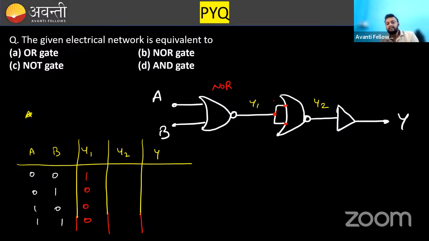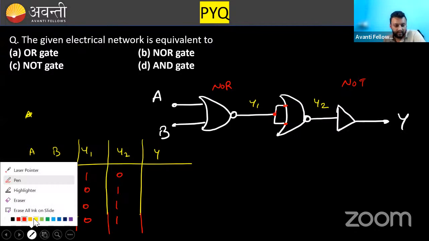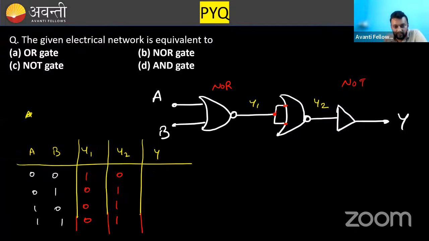If both the inputs are same, then if I say, if both the inputs of NOR gate are high, then output will be low. That is 0. If both the inputs are low, then output will be high. So 0, 1, 1, 1. Okay, very good. Now, this is the NOT gate. So output of NOT gate is nothing but reversed. Just reverse the thing. That is